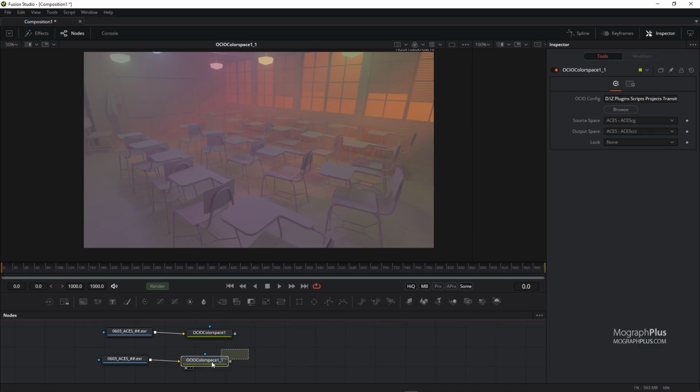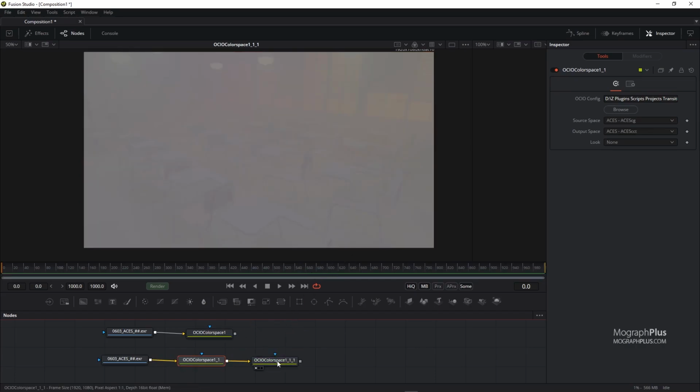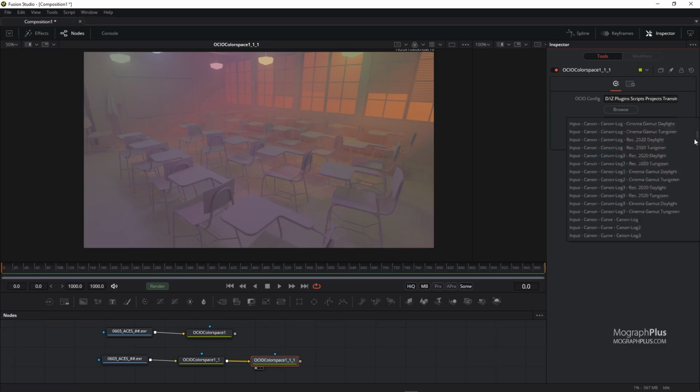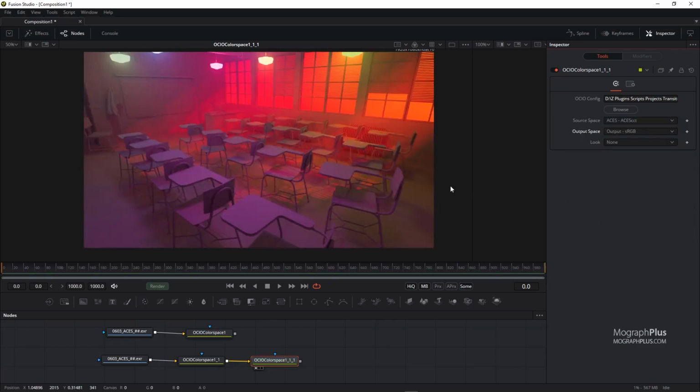Now let me copy the OCIO color space again and set the previous node as the input. And let's view this node. Now the source space is ACES CC and the output space should be output sRGB. Now we are back where we were, but now we can start color grading and post work between these two